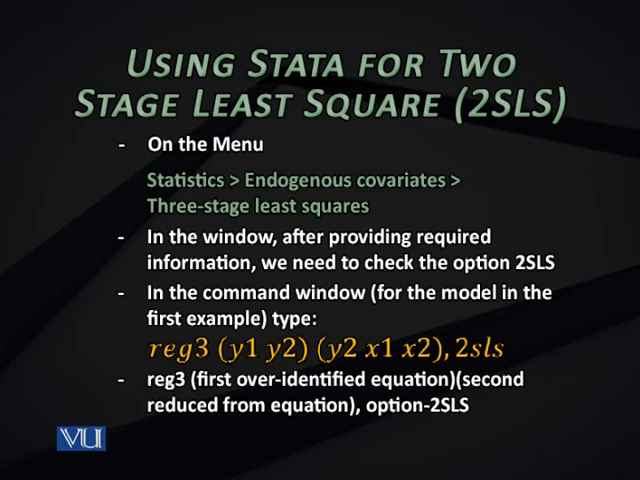Also note that you haven't placed an equal sign. You didn't write y1 is equal to y2 or y2 equals x1, x2. Here you don't need that. The first variable in the set is the dependent variable, and the rest of the variables are independent variables. You need to specify an option 2SLS. So the basic syntax is given on the screen. Reg3 in parentheses, first the over-identified equation, and then in parentheses, second the reduced form equation,